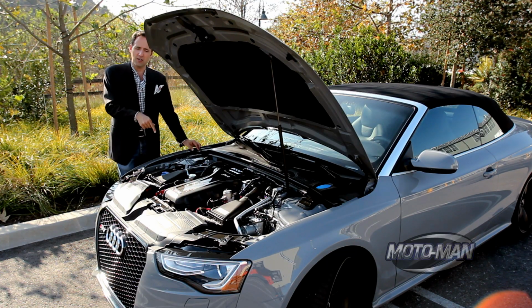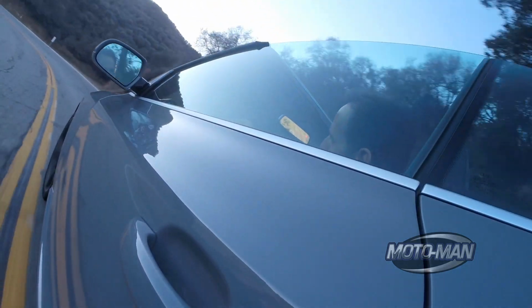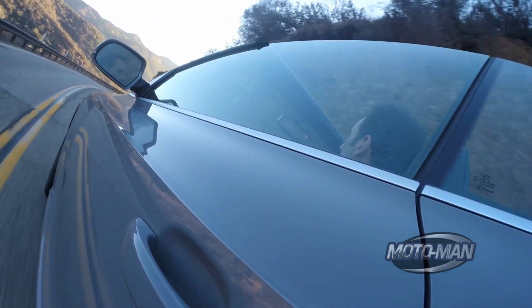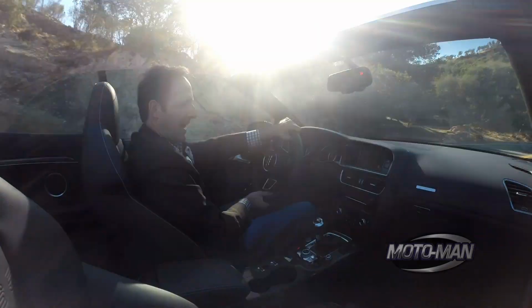But that's not the only story here. Horsepower is another thing, 450 horsepower. But what's interesting here, it comes in at an astronomical 8,250 RPM. I mean, at the end of the day, you're dealing with a 4,402-pound car, and then add to the fact that it is an Audi, which means it is designed for a quattro system, which means the engine is much farther forward in the engine compartment than most cars out there, especially